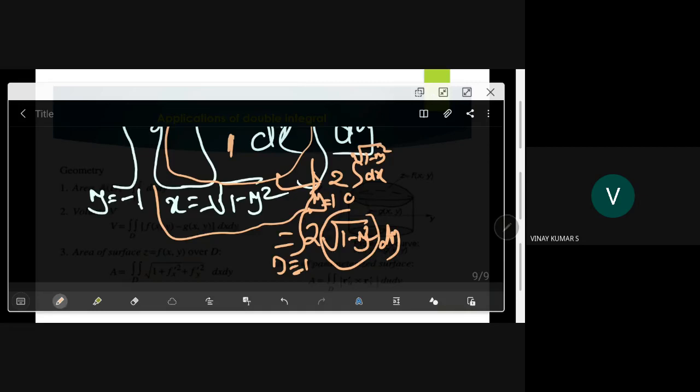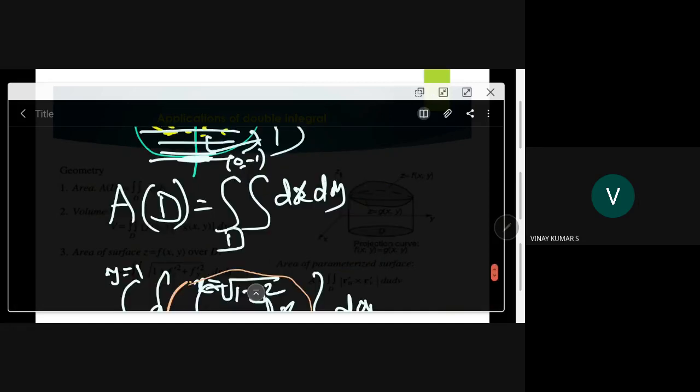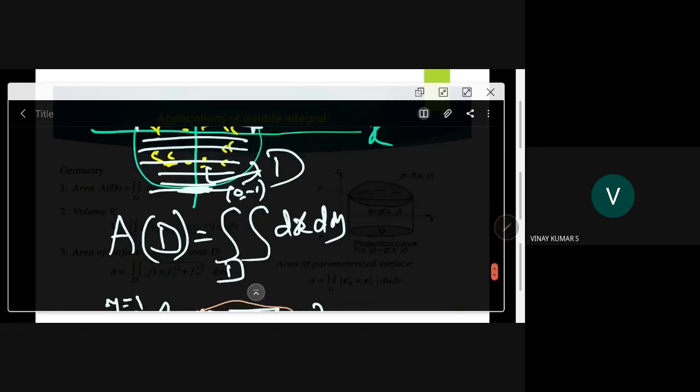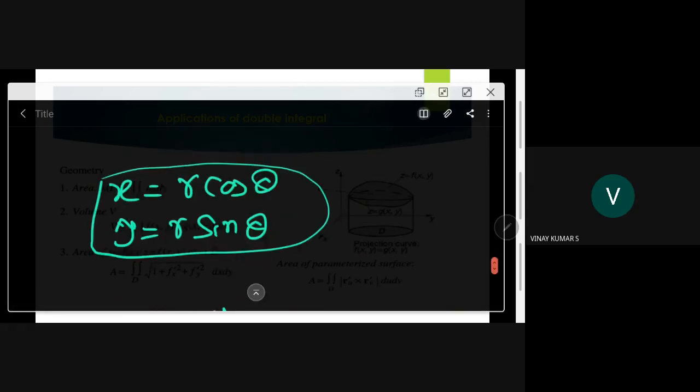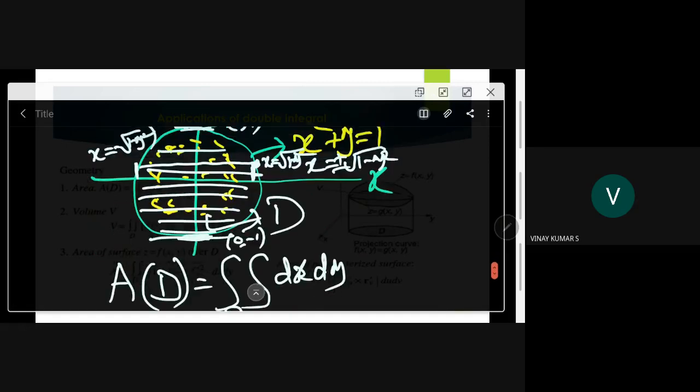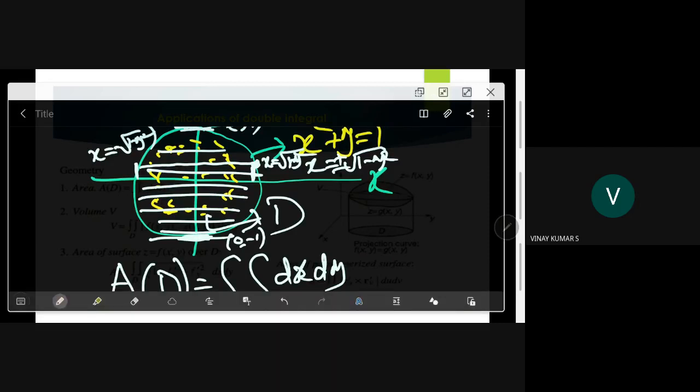Another path is, what I will do is that here, the radius is 1 here. So for this one, there is something. See, for any curve, you have two types of representation, or in fact 3 types of representation. One is called Cartesian representation, that is x square plus y square is equal to 1. Another is called parametric representation for this curve.